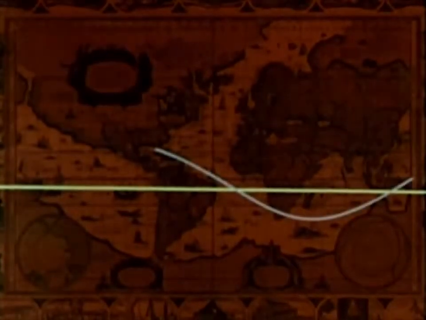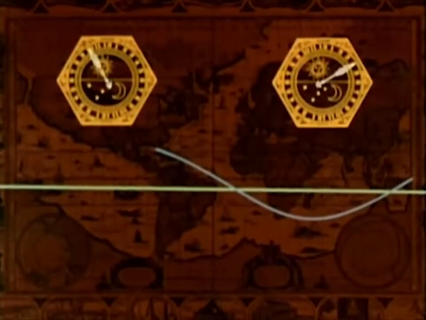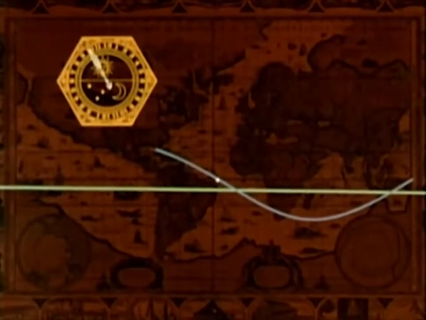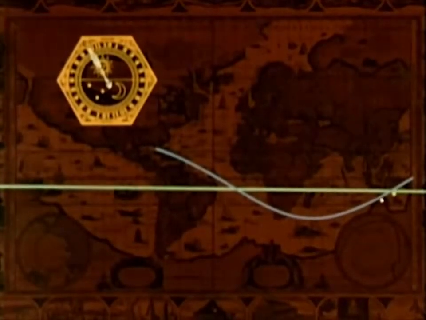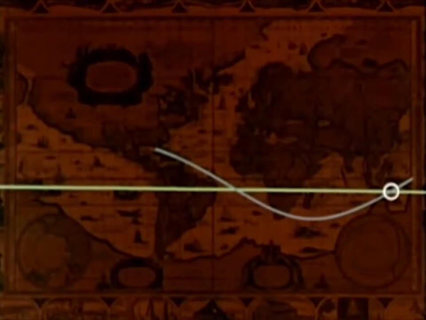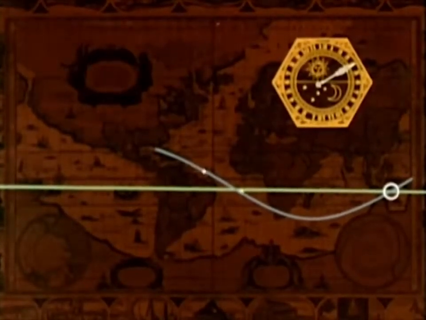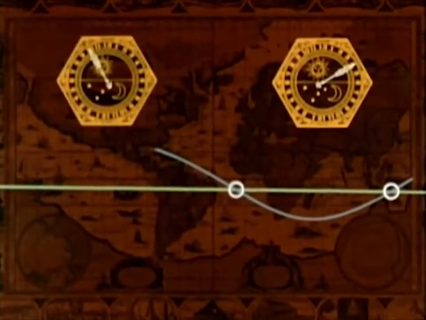It can also be seen that the antipode trace will twice intersect the orbit plane that results from any given launch azimuth. Thus, there are 2 correct times at which to launch. If at the first correct time the spacecraft is launched on a given launch azimuth, it will intercept the antipode over the Pacific Ocean. At the second correct time, later in the day, a launch on the same azimuth will provide an interception of the antipode over the Atlantic Ocean. Thus, there are 2 launch windows available on any given